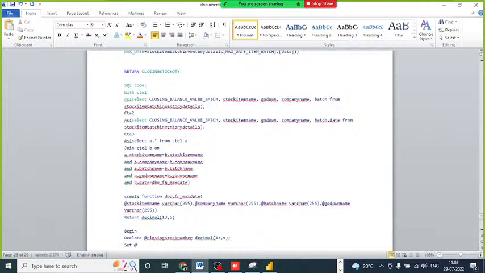Set at closing stock number equal to select max closing underscore date from, क्योंकि मैक्स क्लोजिंग डेट इधर से आ रहेगी ना,